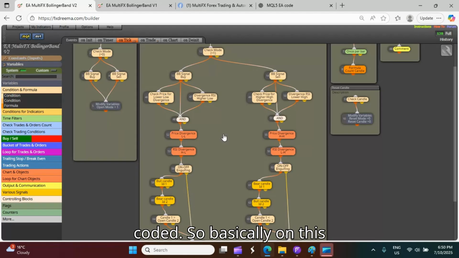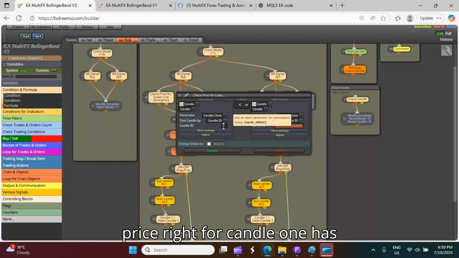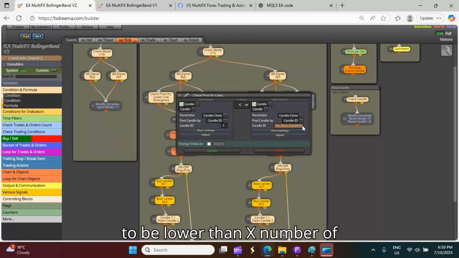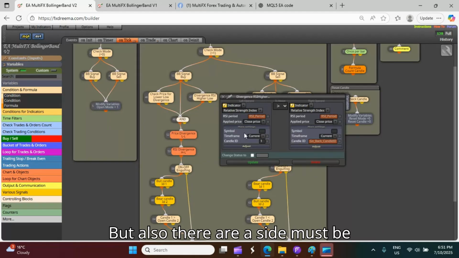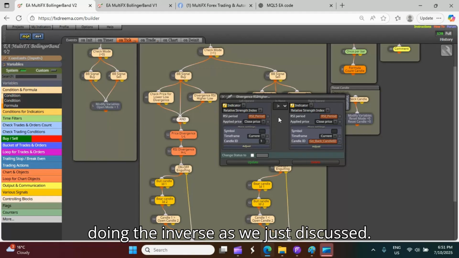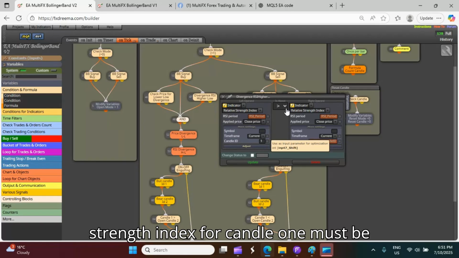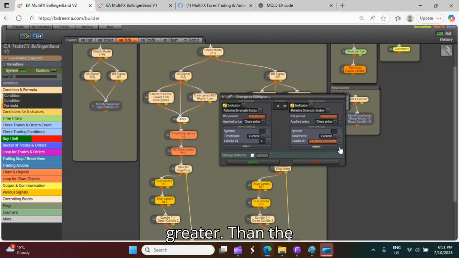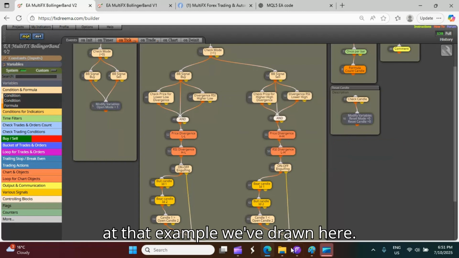So basically on this particular function here, what we're saying is that the price for candle 1 has to be lower than X number of candles to the left-hand side. But also the RSI must be doing the inverse, as we just discussed. So the relative strength index for candle 1 must be greater than the value of X number of candles back. So if we look at that example we've drawn here,